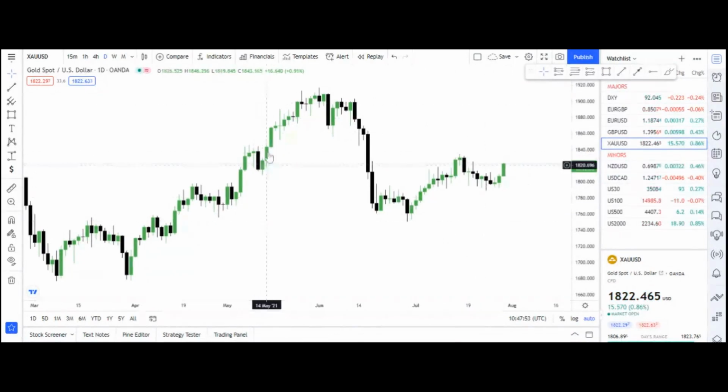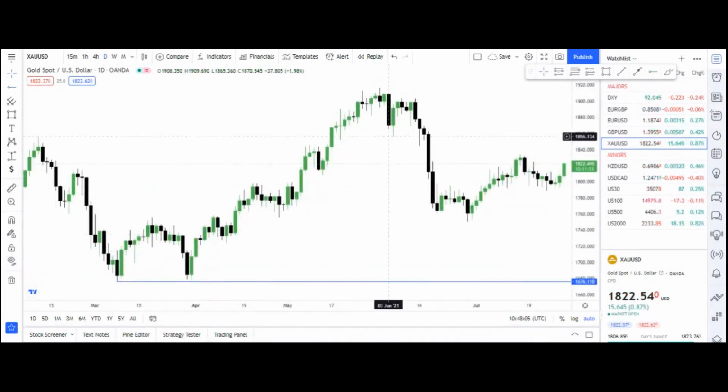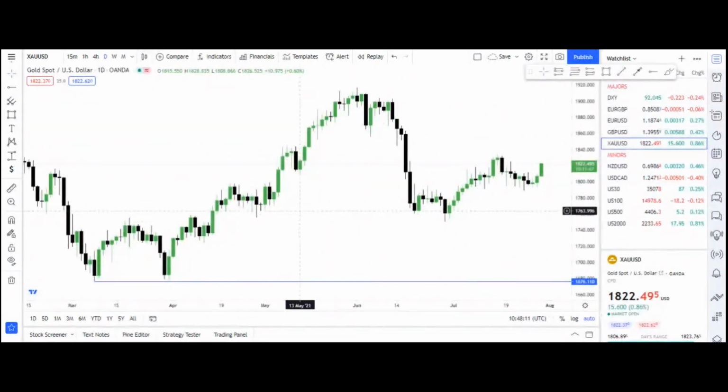Very simple. It hit a breaker block right here. And remember, when we analyzed gold, I think 2 months ago or 3 months ago, from this old low here, I said gold was going to go higher. I was only bullish on gold because I didn't see what price was offering on higher time frame. We will come back to take out these relatively clean lows.